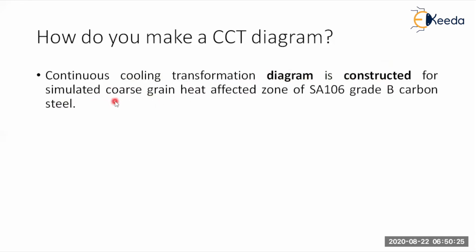So that means you have to observe the continuous data of the heat affected zone of some sample. Take a sample, suppose SA106 grade B carbon steel, where the carbon percentage is less than 2 percent. If you take any carbon steel, like SA106 steel, you have to take the cooling data. That means you have to take continuous data and note down the properties, the phases, the temperatures, and the various structures that are formed at different cooling rates.